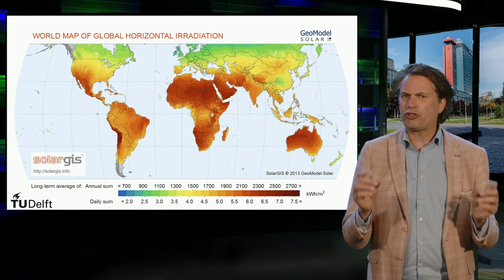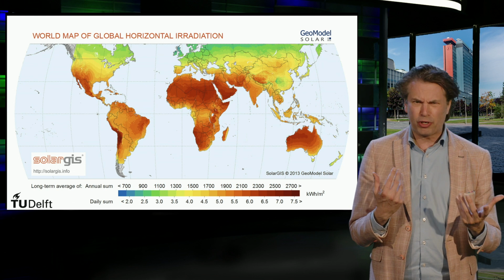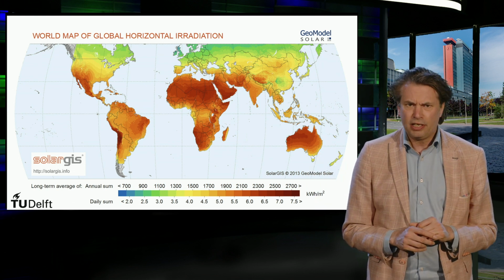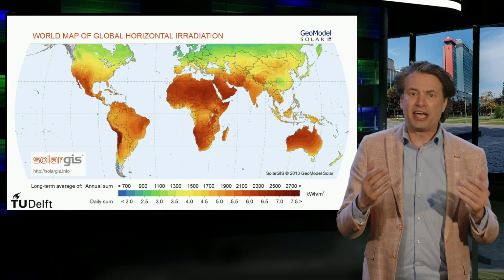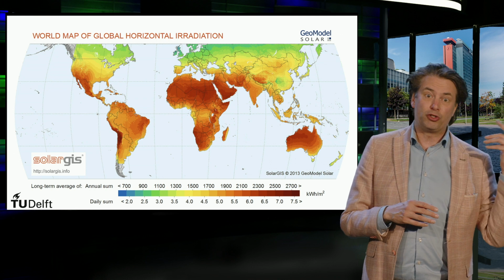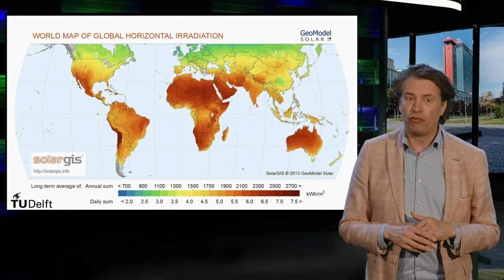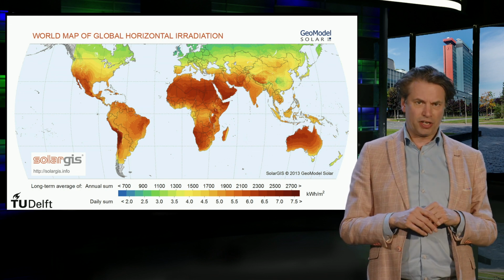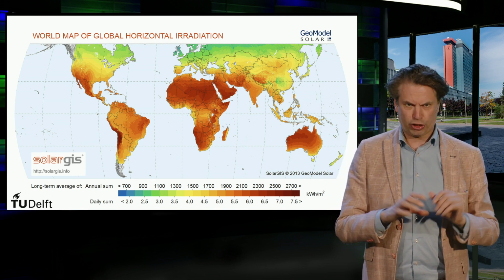The difference is not only in the amount of energy received during the year, but also in how it's distributed during the year. Indeed, the more you move away from the equator, the more is the gap of daily sun hours between summer and winter. This is known as the seasonal variation, and it plays a very important role in the design and the reliability of the PV system, in particular for the storage.